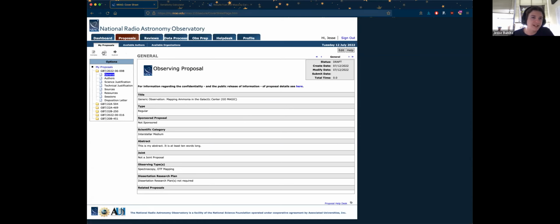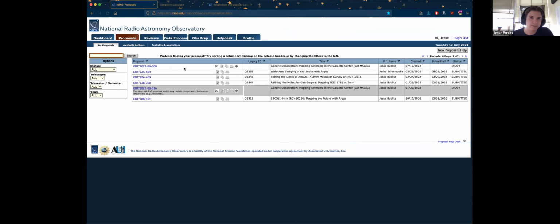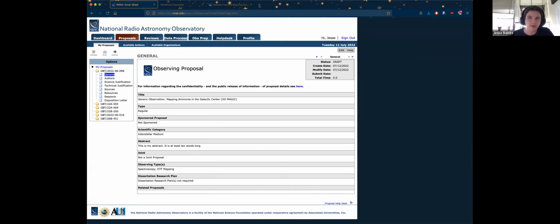You can always print out a copy, but the proposal itself will be here and available under your proposals tab. So if I were to leave, log out, and come back in, you can see that all of this information has been saved. And I can just choose to go back to my proposal and continue to edit it as needed. All right, now let's quickly switch back over